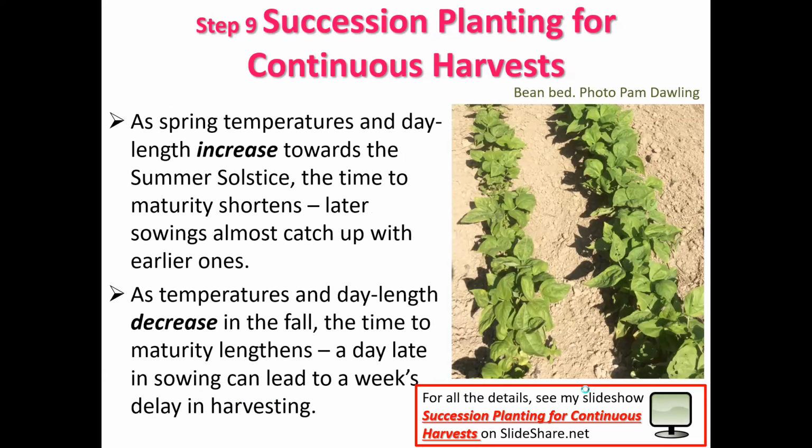This explains it better. As spring temperatures and day length increase towards the summer solstice, the time to maturity shortens, and the later sowings catch up with the earlier ones. And then when you get past the summer solstice, the day length decreases, the temperatures decrease, and the time to maturity lengthens. So you don't want to be late in your fall sowings. One day late in sowing can lead to a week's delay in harvesting. So yeah, I have a whole slideshow and I'm not going to talk about it now,